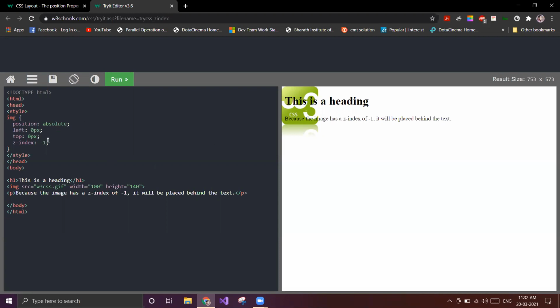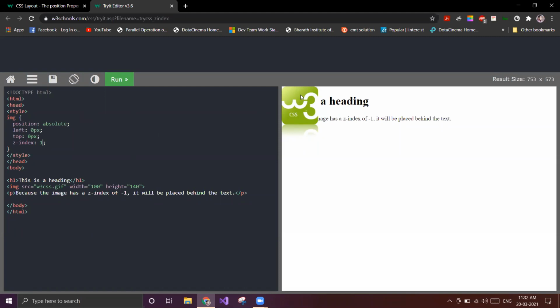Now what will happen if I apply z index 1? That means it comes out of the normal position, so this will hide the text because it came out. Now if I want another image to appear above this image, then apply z index 2, 3, 4, like that.